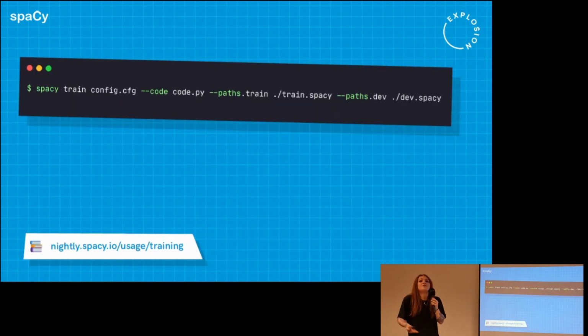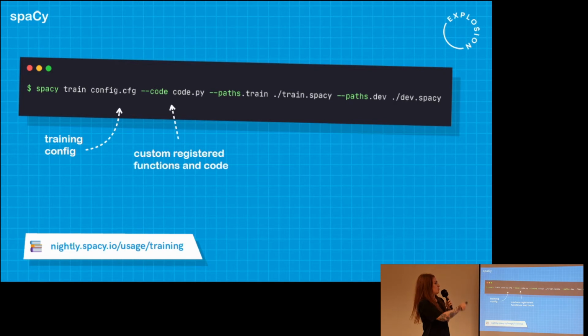And with the config and the registered function system, it means we can really break down the training process, which is always a very complex part of machine learning, into a single config file that can be our single source of truth for everything. And given the same config file, you'll always be able to reproduce the same results. Anyone running that config file will be able to perform the exact same steps and use the exact same functions, which can also be provided on the command line. So that's the only kind of file you swap in.